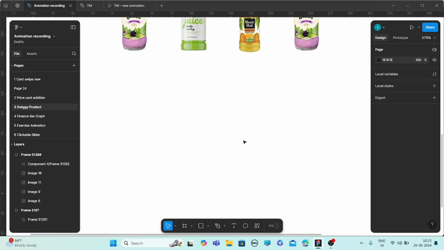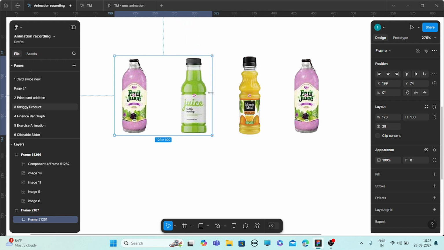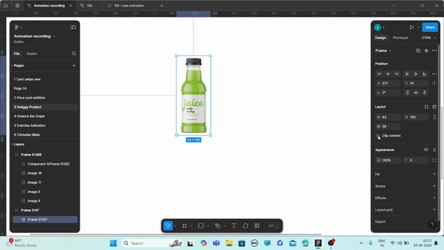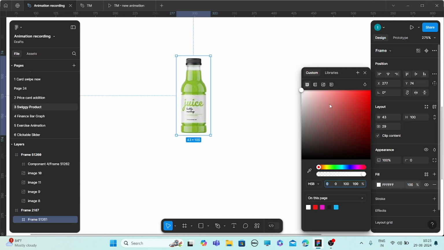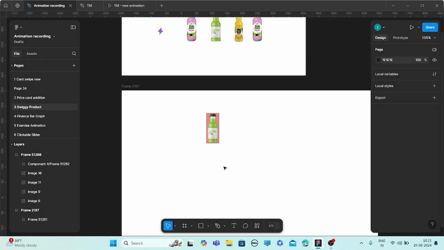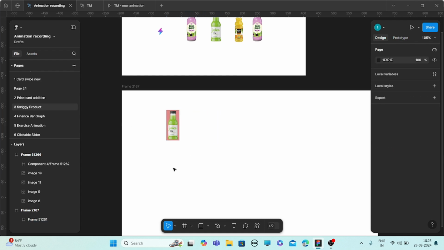After grouping, take them into a frame. After taking them into the frame, we have to select the Control key on the keyboard and clip this frame. Here is the option you can see. Just click here and clip it. And in the frame you can also give some fill color. Adding a fill color is not important, we'll remove it afterwards, but for now we are giving it so that we can move the contents easily.